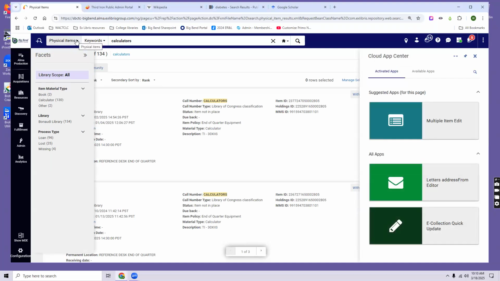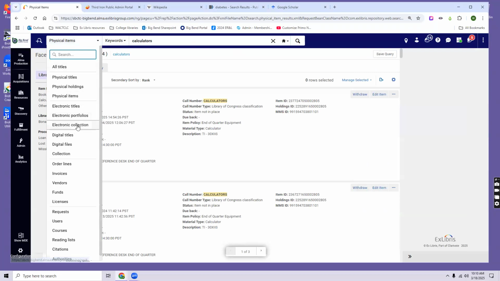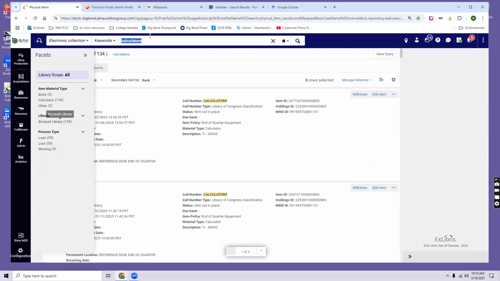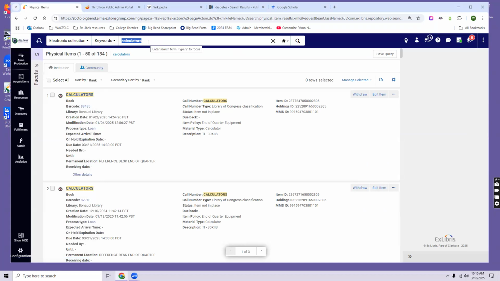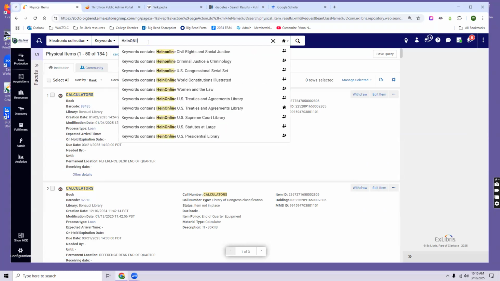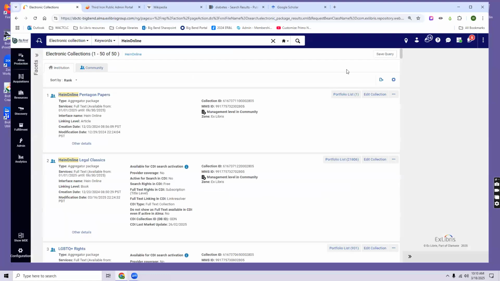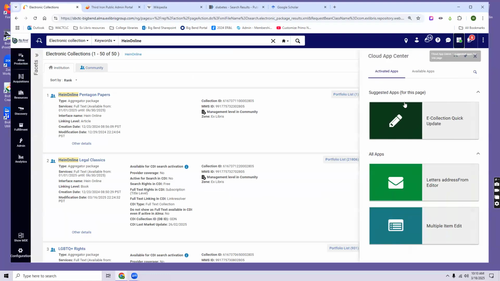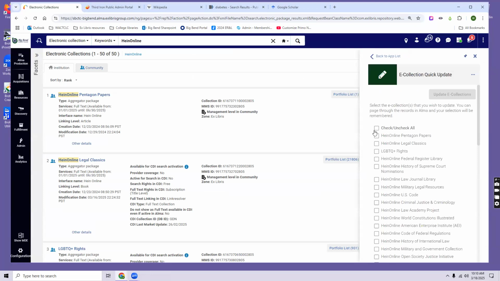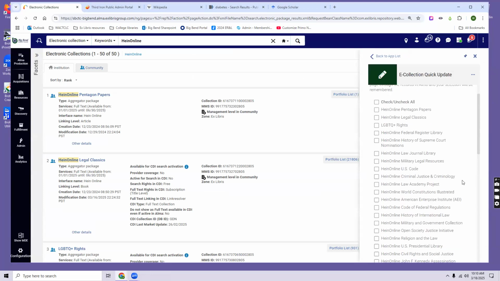The e-collection quick update was another cool one. So this was one that, say you are wanting to add a public note to multiple collections at once, and again, clicking into it, clicking out of it, very annoying. So we've got all these Hein lines,